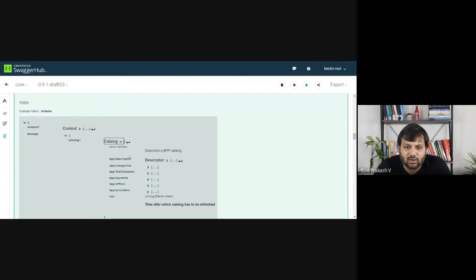So the catalog contains a descriptor of the BPP. It contains the categories. It contains the various ways a BPP can offer fulfillment of an order. It tells you the various types of payments a BPP can support. It tells you what are the offers which are available at a BPP level. Now, within a BPP, as you know, BPP is a Beckn API implementation